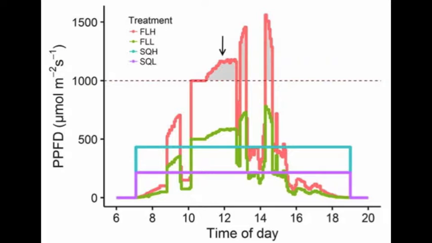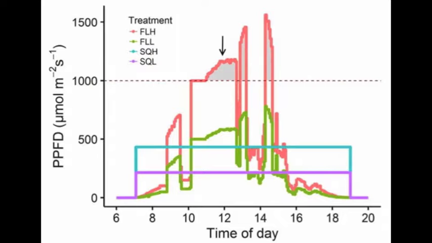And we looked at a number of photosynthetic processes and anatomical features to see how that affected the plant. I think we noticed a few really interesting features. We also did a high and low light, but if we just concentrate on the square and the fluctuating light,